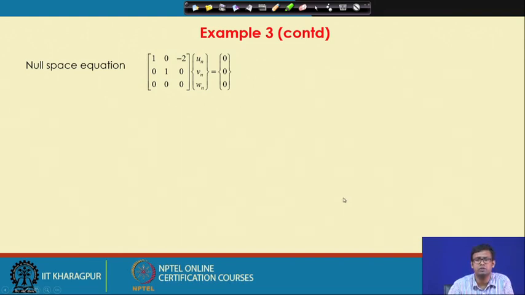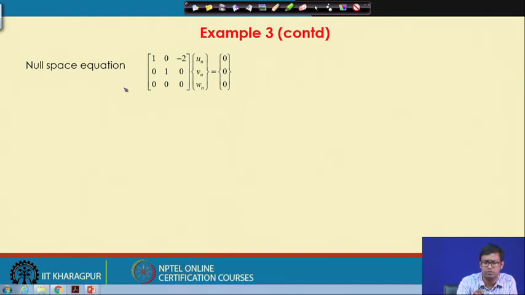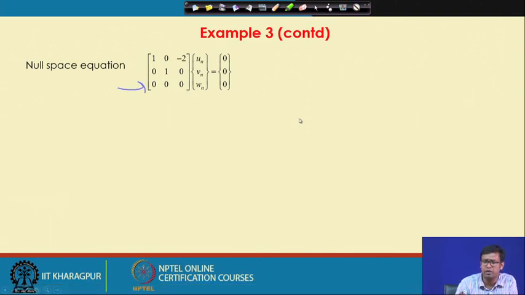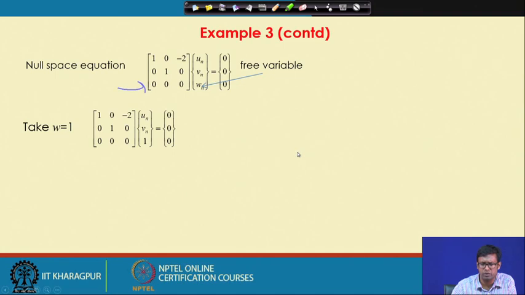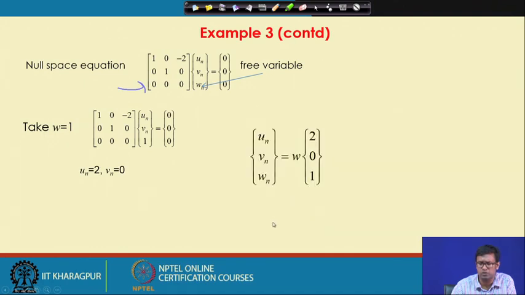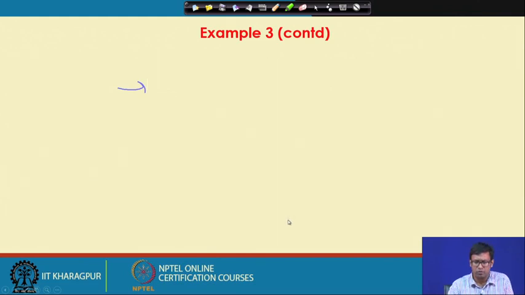Though this is a 3 by 3 equation system, the matrix is not a full rank matrix. So, one row has been transformed to entirely 0, and there is no pivot position in the third row. Therefore, w will be my free variable, because there is no pivot in the third row, the third variable becomes the free variable. So, we will take w is equal to 1, and there is only one free variable. So, only one null space vector, and we will get un is equal to 2, vn is equal to 0. So, the null space vector is (un, vn, wn) = (2, 0, 1), sorry,